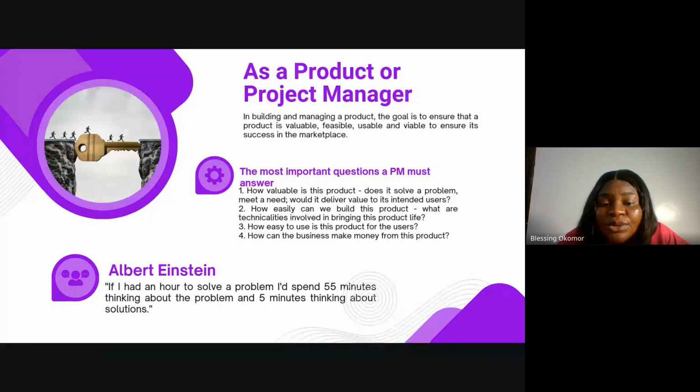Building an app is not the problem. Ensuring that the app you are building solves a problem, that people need it at the end of the day, that is the problem. Launching a boutique is not the problem. You analyzing the area you want to launch that boutique, analyzing the environment.